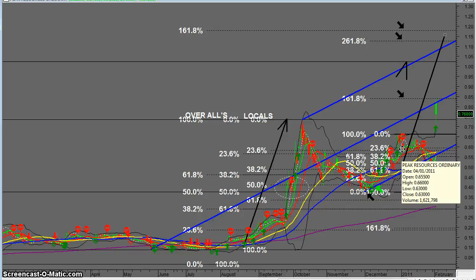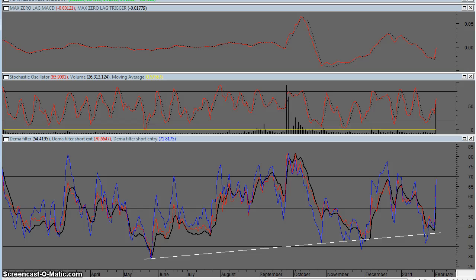Now, that's the bad news. The good news is the MACD on the daily indicator has a lot more to go. We have a look up here to see how far the MACD went last time, and you can see the amount that it's still got to go. The stochastic has still got more to go. We've got huge volume here, and it's not bad for a Friday. The DEMA has just come into